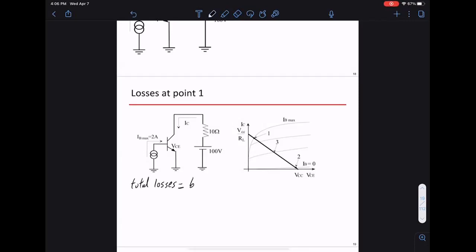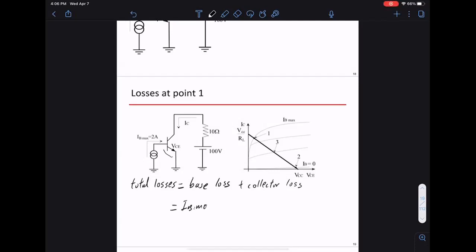So the total losses we have in the transistor, we have base loss. I'm pushing current this way, so there is some loss here. And then I have some collector loss, because I have some voltage drop across the transistor. Okay? So my base loss is